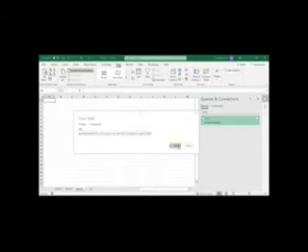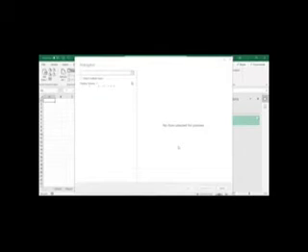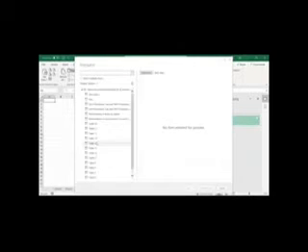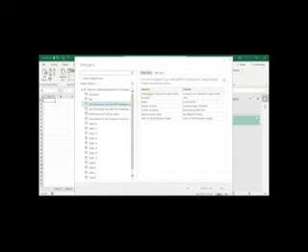it is asking me to enter the URL. So I'll paste the URL of the Wikipedia page here, and let's click on OK. Now it's navigating, and OK. You can see Power Query feature in Excel has given us a list of tables, which you can see here. We have something called as document. There's a key table, and here you can see